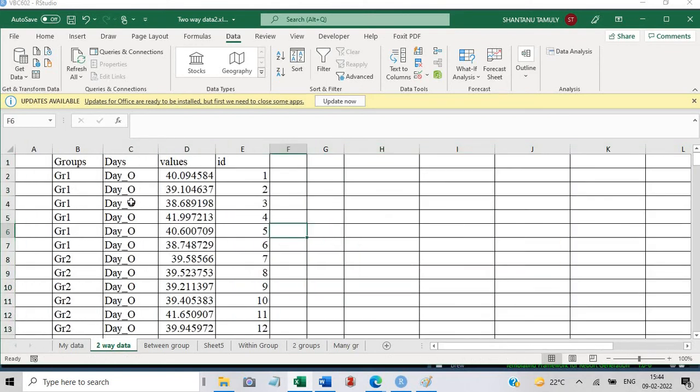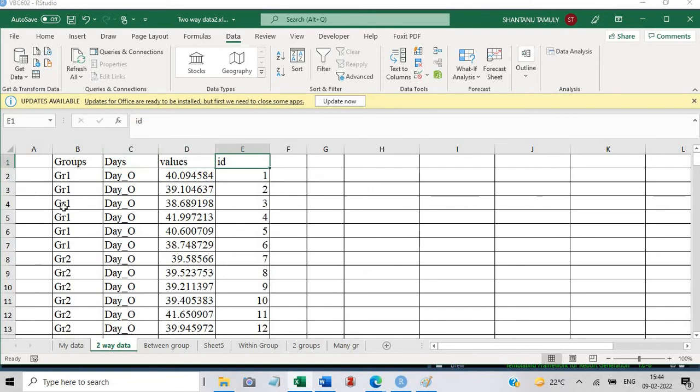In this form, write the groups, the different groups, in capital GROUPS. Then here the time. I put capital DAYS here, so you also put it the same way. Here you put the values, whatever the value is, and this is the animal ID.